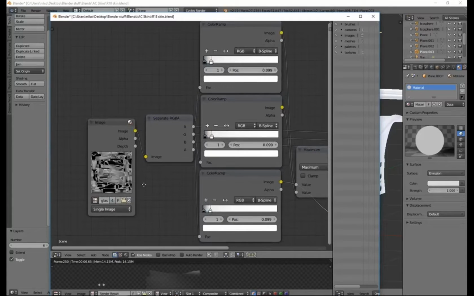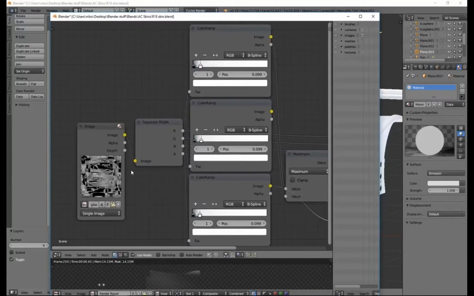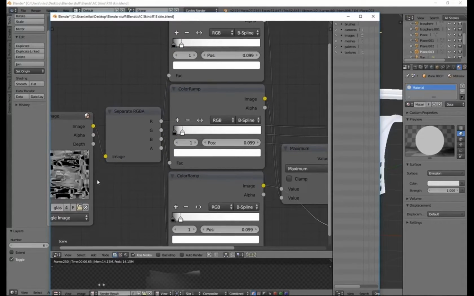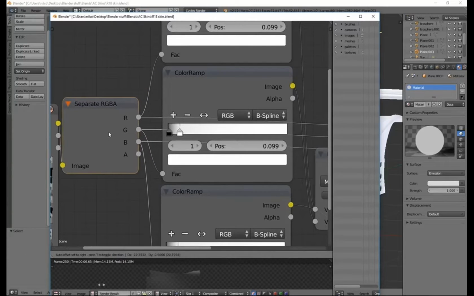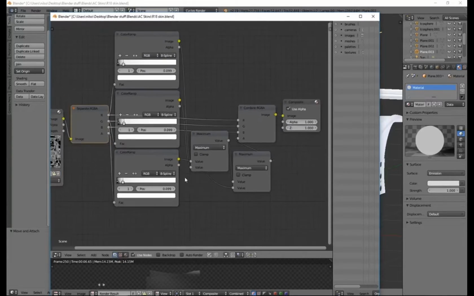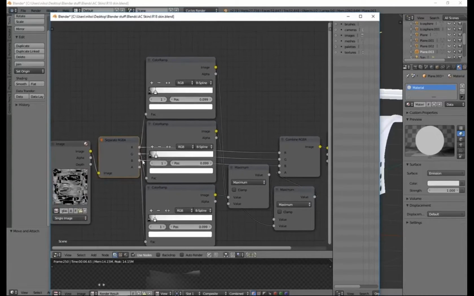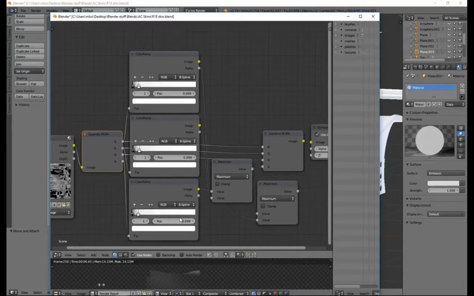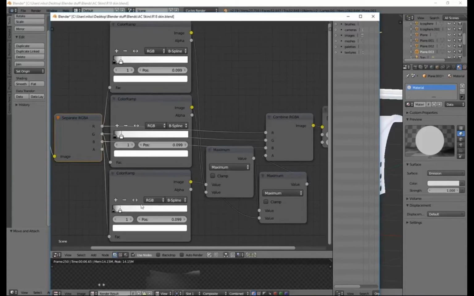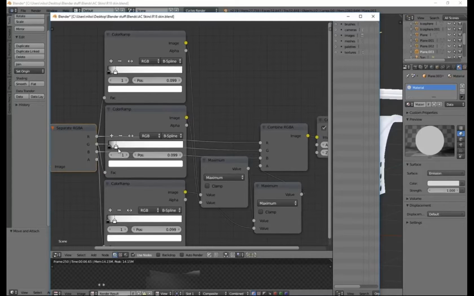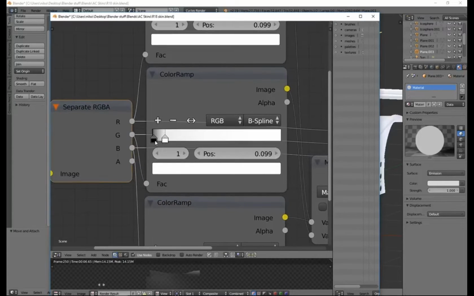So what I did, took the image, I should say. I guess I didn't use the alpha. Yeah, you don't need to pass through the alpha, that's fine. So I separated the red, green, and blue into a color ramp, and then I used this color ramp. Basically what this is doing is saying,